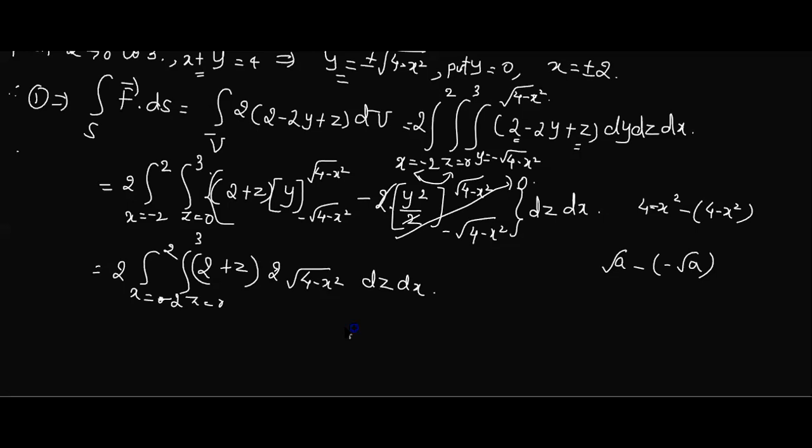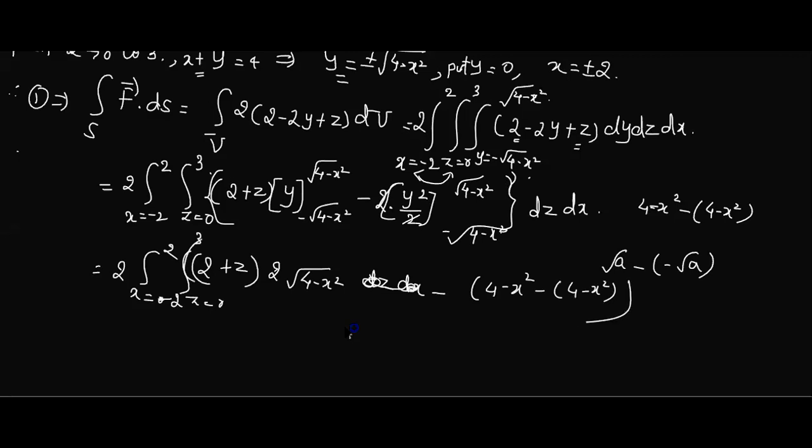See, this is converted to 2 terms. In this, if I put it for this y square, no? Okay, if you are not comfortable with this 0, this cancellation, what I can do here is substitute it. This is the first integral. Minus, if I put it, this is 4 minus x square minus of 4 minus x square. This also is okay. This is dz dx, correct? So this is somehow going to be 0.